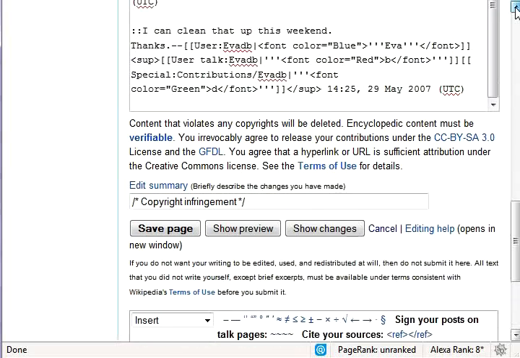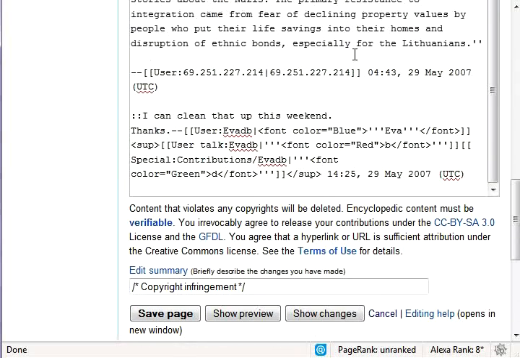Once you use up that link in your talk page, obviously you can't go around to 10 other talk pages and say, hey, is this a good site? But this is where having multiple Wikipedia accounts comes in, because if you have a few different Wikipedia accounts and you know how to change your IP address, you could log in under each one and post different questions about your specific site in the user talk pages.